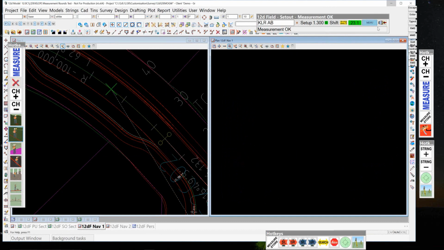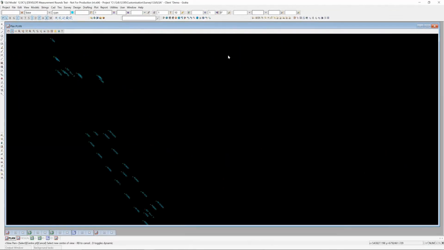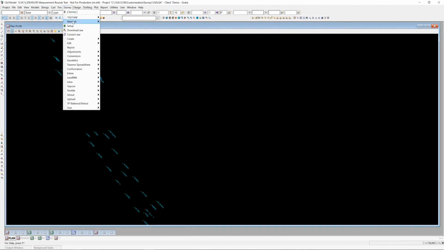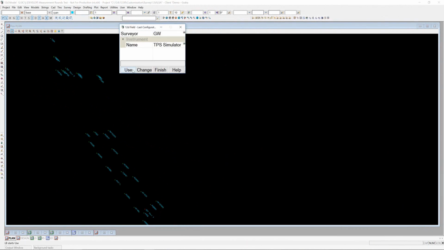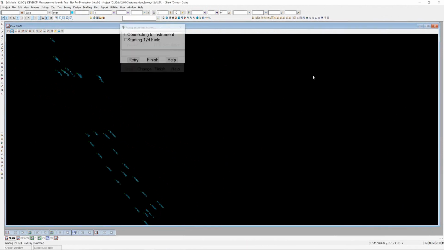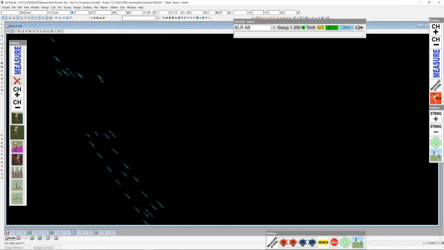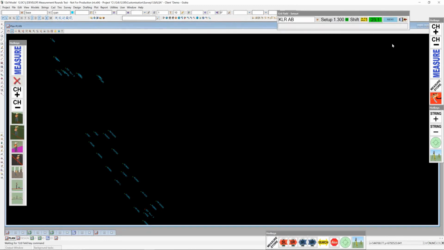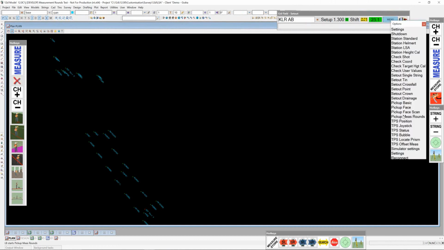What I'd also like to actually show today is something that has been just recently brought in to 12D. It'll be in release C1J. We wanted to actually improve the measurement rounds details. So I'm just going to quickly go over this. This is a beta, and it's being worked on this week by our programmers, and improving dramatically. I'm actually